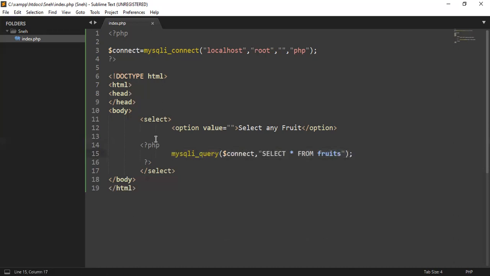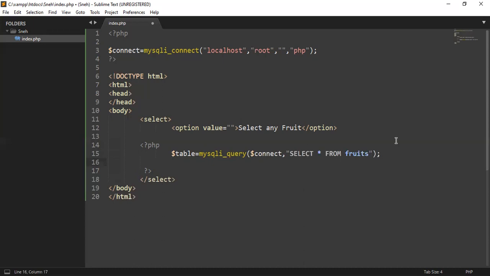So we need to store the table. Okay, so let us write a result, or let's say write a table only. So the whole fruit table is in the table variable. So we don't actually want the table. What do we want? We want a row. And from the row we will call the key, and the value will appear.